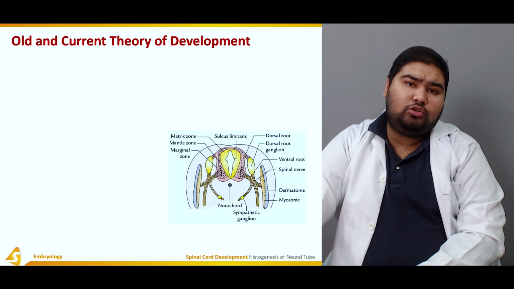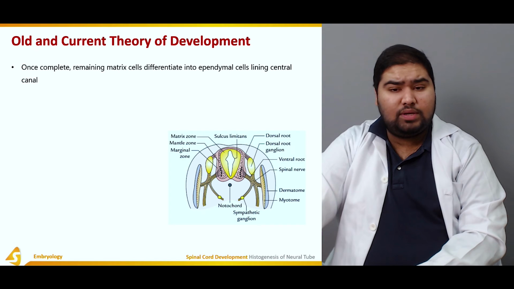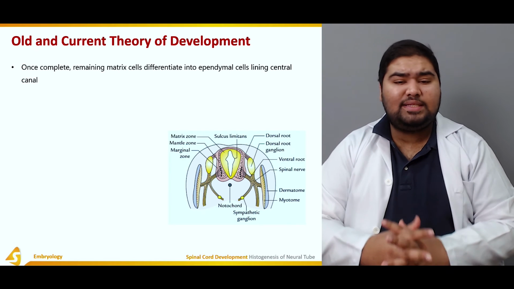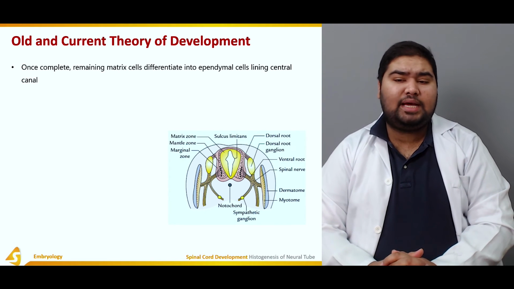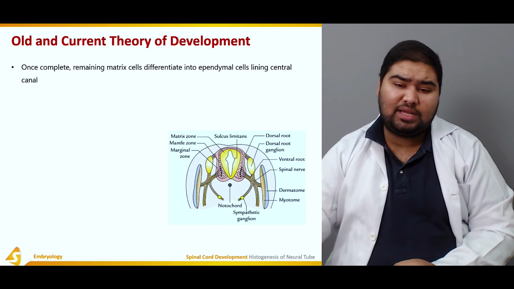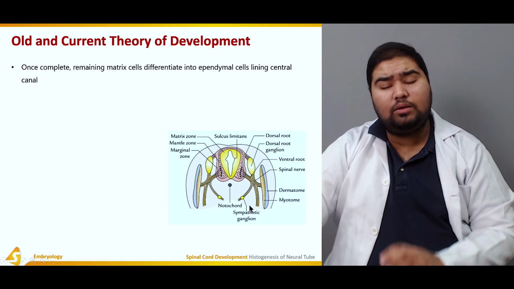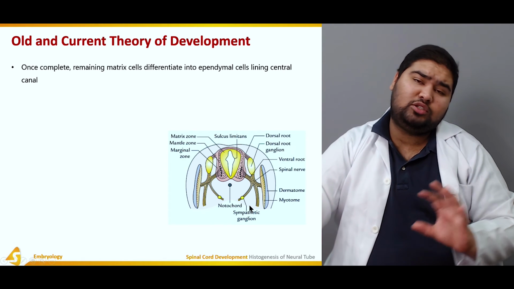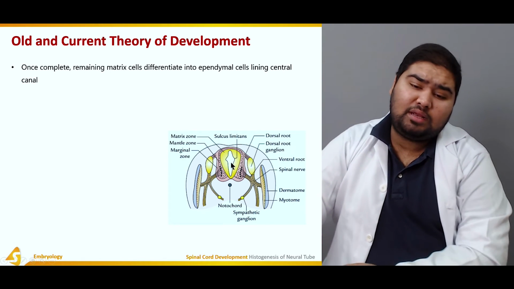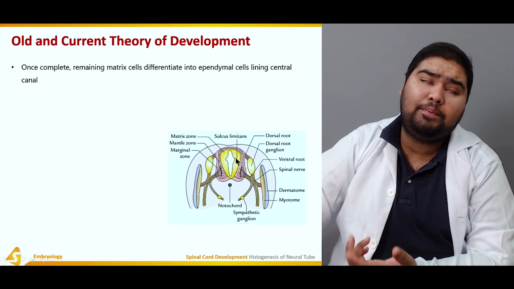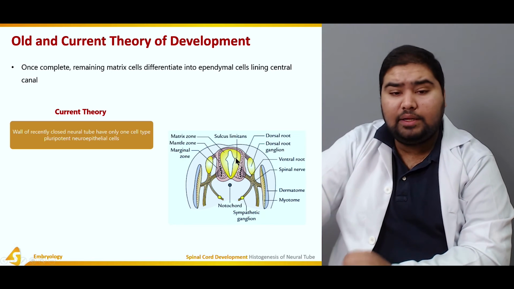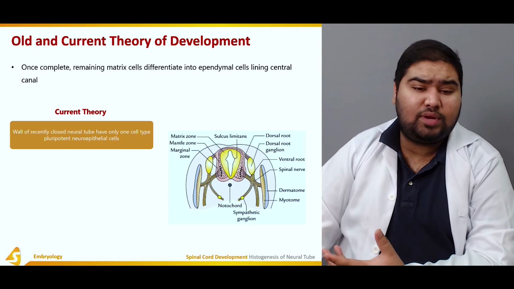So talking about old and the current theories of development. Once complete, the remaining matrix cells differentiate into ependymal cells which line the central canal. So once the formation of these zones is complete, the remaining cells line this central canal and form ependymal cells. So the current theory is